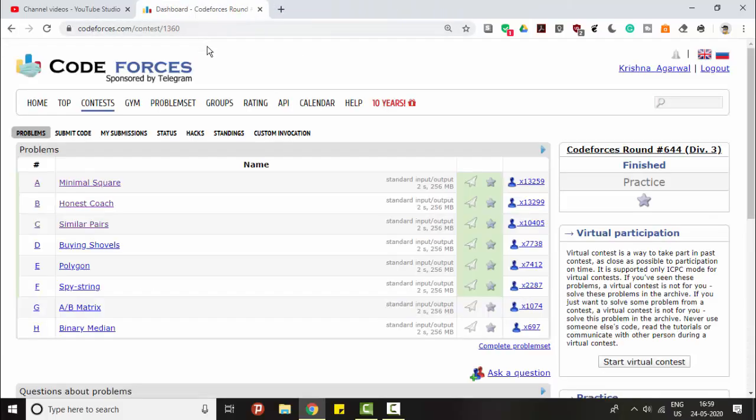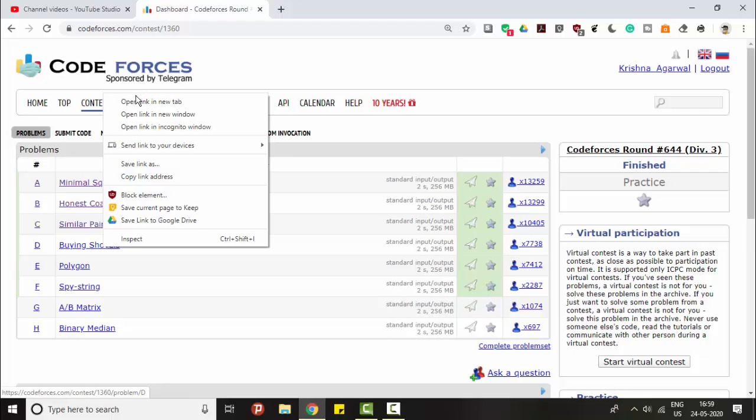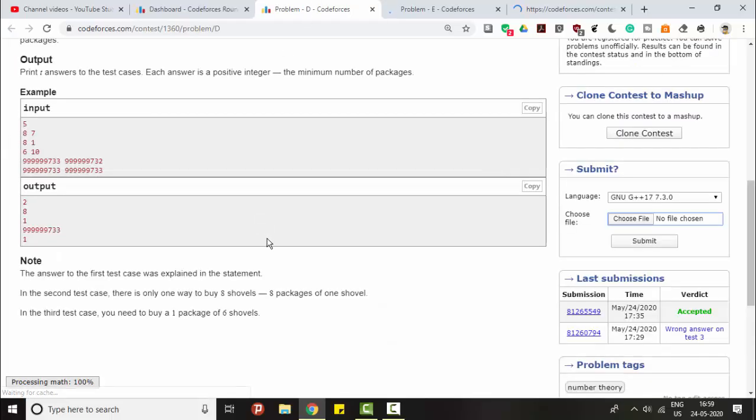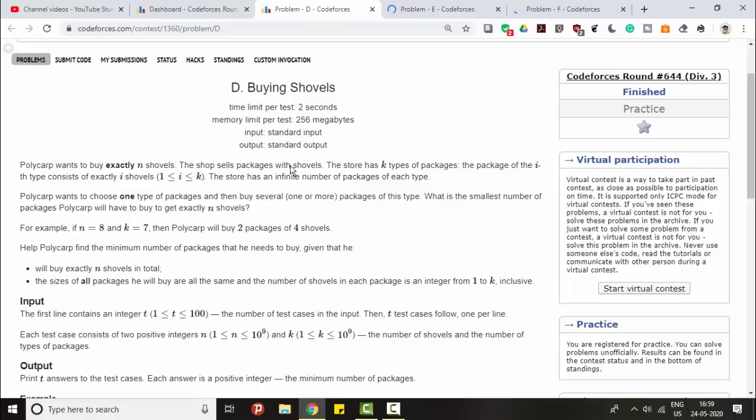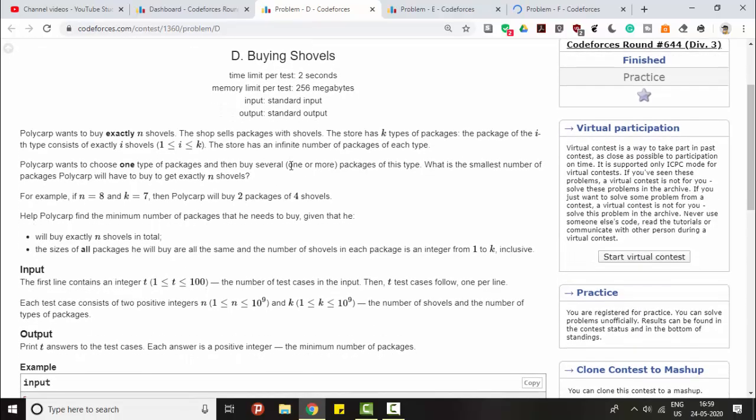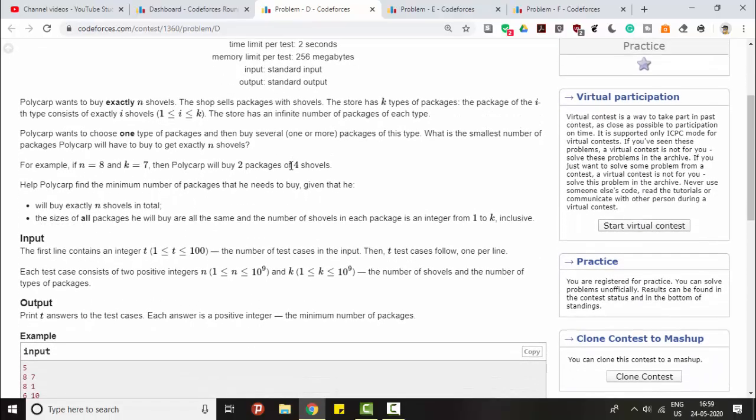Moving on to the D problem, buying shovels. Okay, so select DEF. So in this problem, we can find that there is this person who has K packages, like K promotional sets, or whatever you can say, like he is giving in combo or something like that.